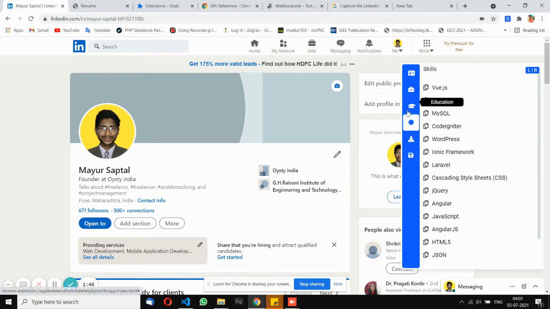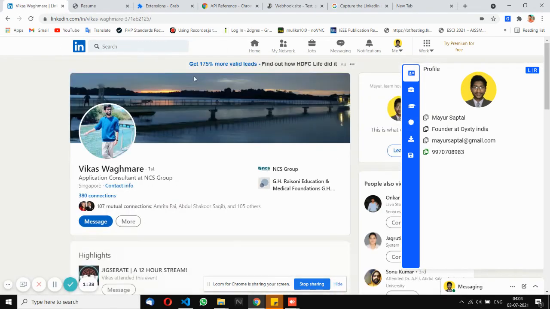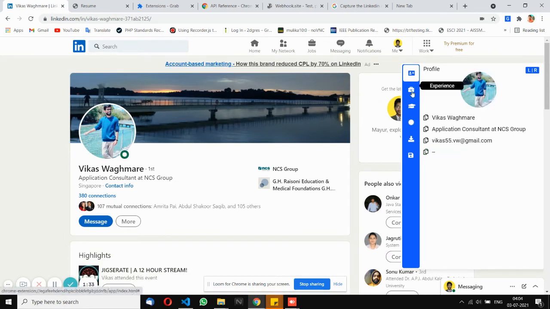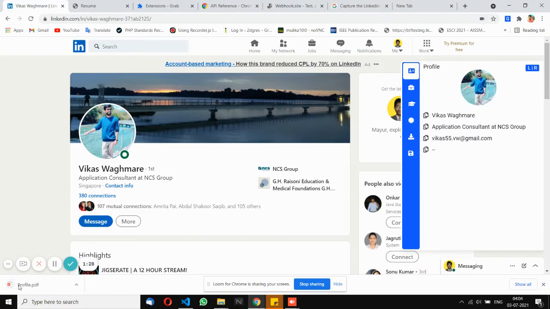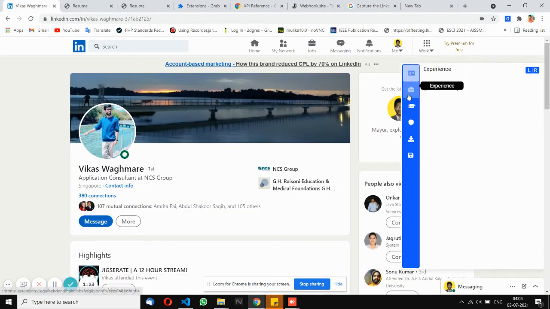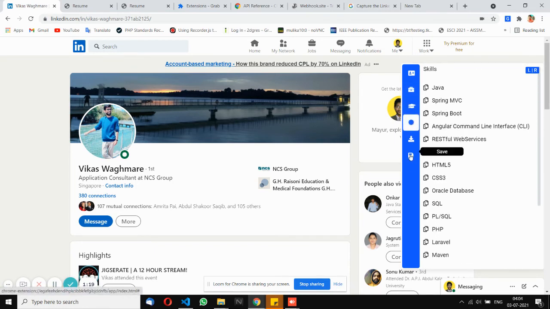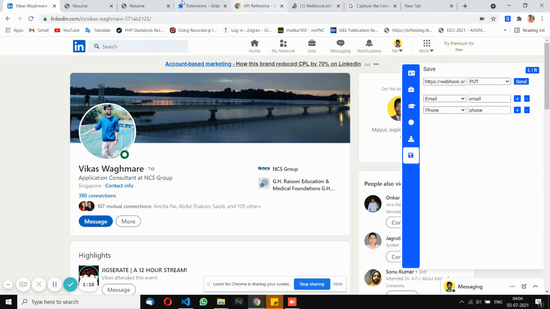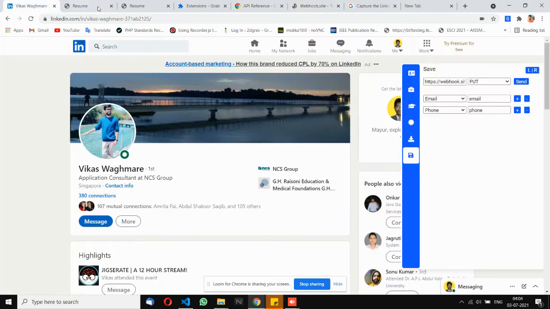Let me show you: if you want to fetch someone else's profile, just go, let's see, Vikas Wagmare, and see, it's automatically generated his resume. Let me overwrite the current one which I have. See here Vikas Wagmare, his experience, his education, his skill sets. Also you can post his data. Yeah, see here Vikas Wagmare,